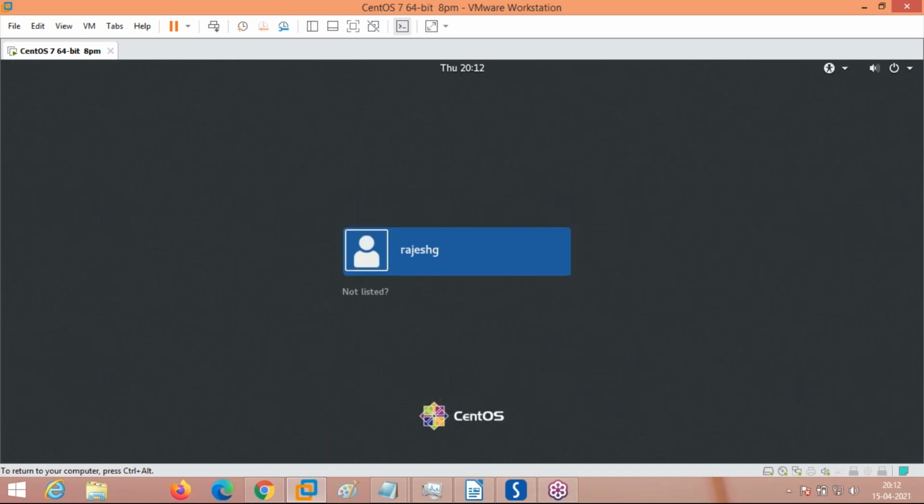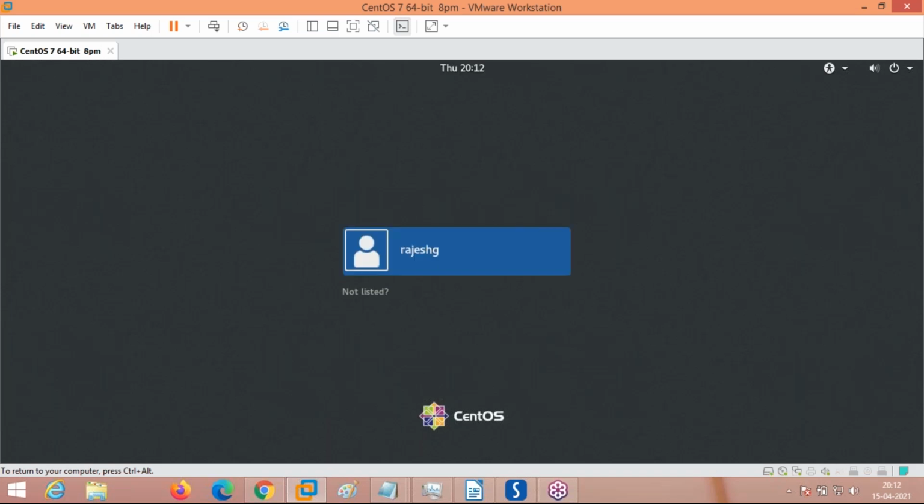And we are now booting in GUI mode. But real-time servers will always boot in CLI mode only. They will not give GUI access to anybody because GUI takes more resources. And there are other things like security issues if it is GUI. So any server will be in CLI only, GUI access not given. Here in our system, we have all the access, so we are booting the server in GUI mode.